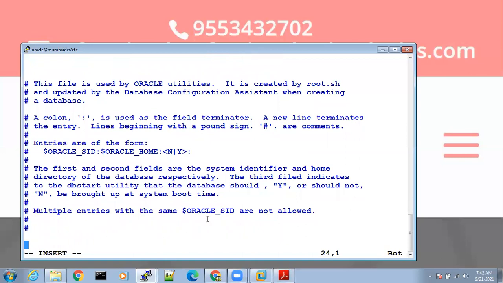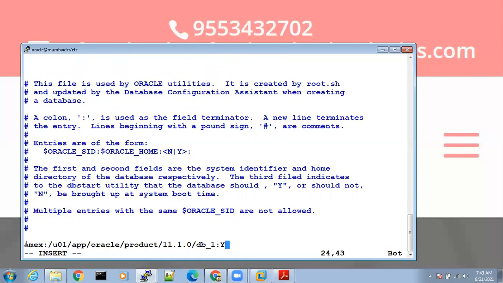We have to register our database. MX: how to register? We have to tell what is the Oracle home location. MX:/u01/app/oracle/product/11.1.0/db_1:Y.